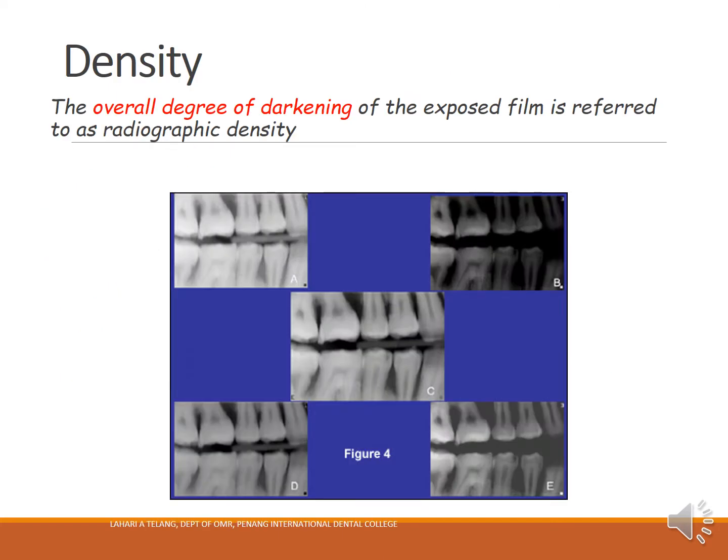Density is the overall degree of darkening of the exposed film. In this grid here, you can see five images of the same radiograph, and it isn't very difficult for us to identify that image B is actually the darkest of all of them, and hence image B has the overall highest degree of darkening, and hence it is the most dense image. Moving on,